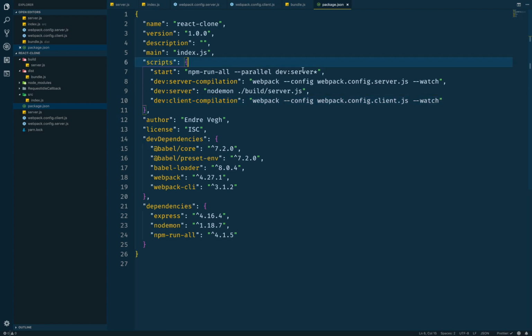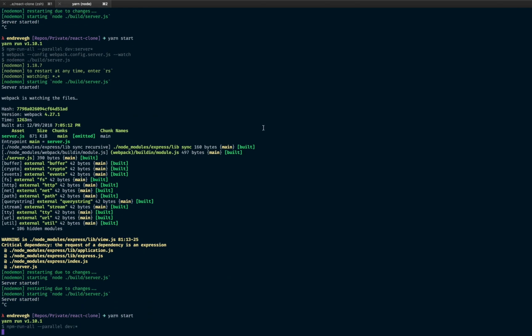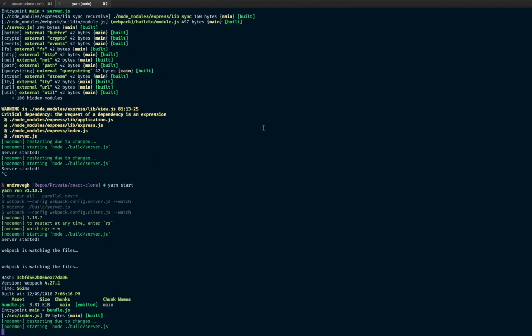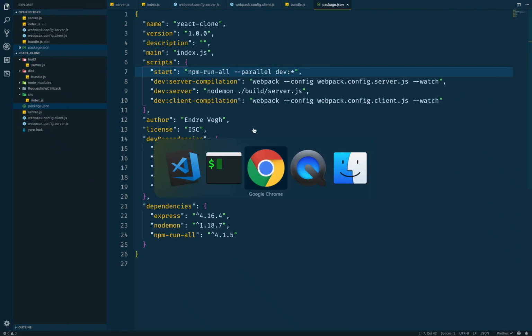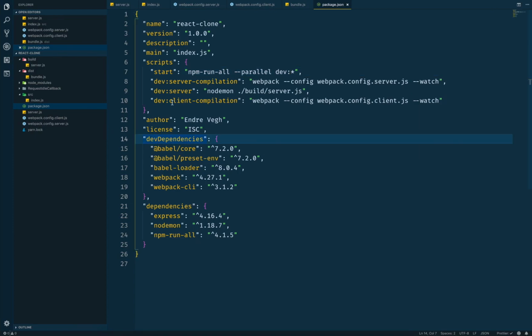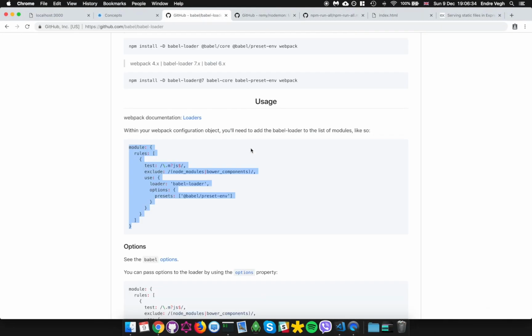Yeah, because it's dev server, so maybe I should have all that is dev, right? Yarn start. Okay, now it's 2 instances of webpack, so I think it might be alright. Yeah, from source, nice. So we set up both of the things. We don't have JSX at the moment, but it's not far away. So to have JSX,